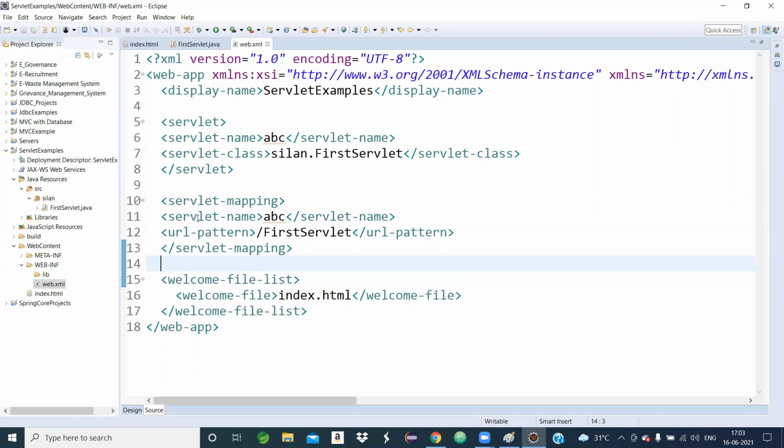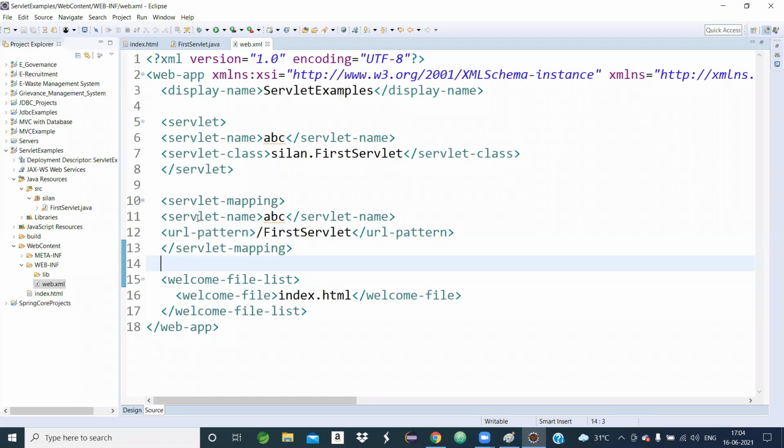So what is your servlet name? What is your servlet class name? What is your URL pattern name? This is the detail about a particular servlet. When the server comes to execute your servlet application, the server will get the details from the web.xml file.